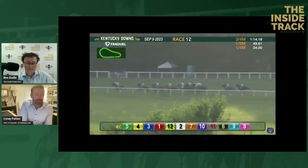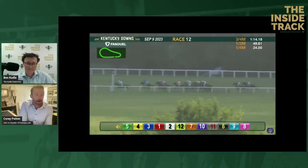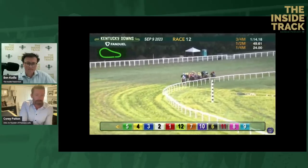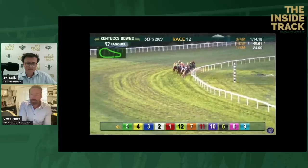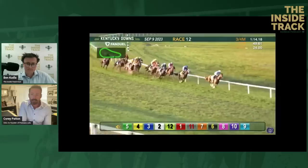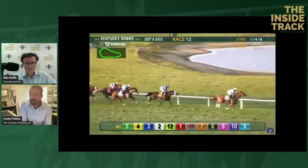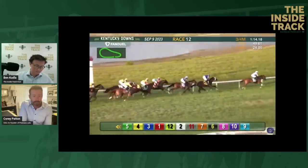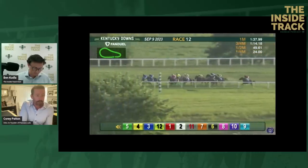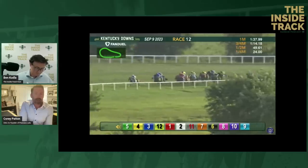Yeah. The 1:14 and change, almost effortless sitting chilly, that's also pretty stout for this. And if you look at what's going to happen here, if he gets 1:14 again this year, I think he's on the lead and can go all the way. He's likely to have that lead, I think, in my mind, because he's on the inside of all the other speeds signed on, and will probably have the rail, be able to save a ton of ground. And in this race, that